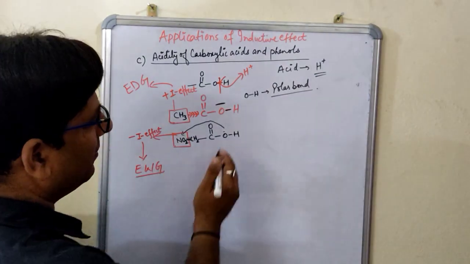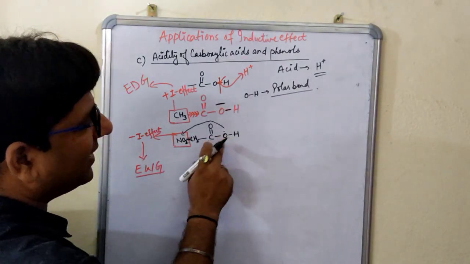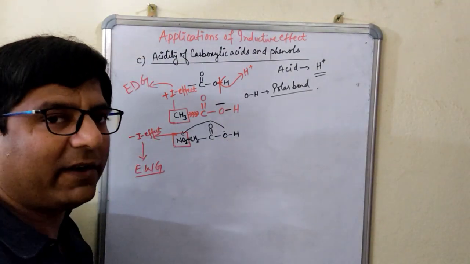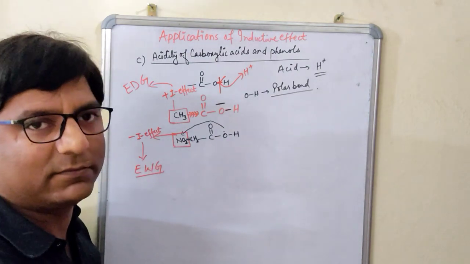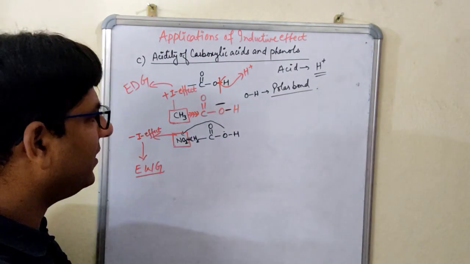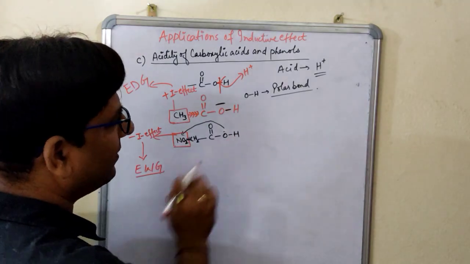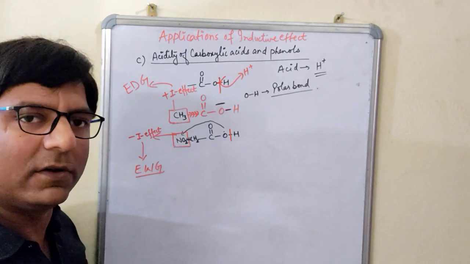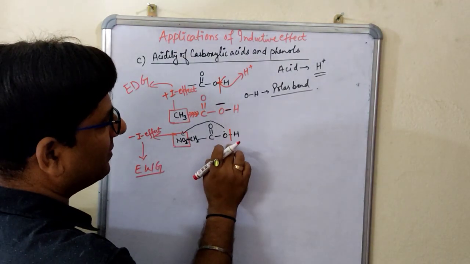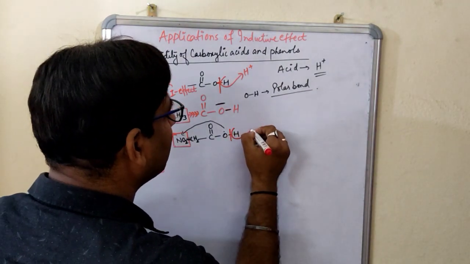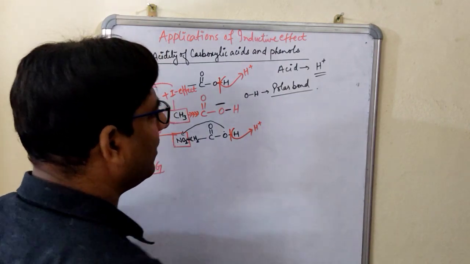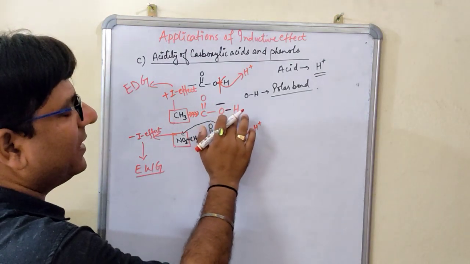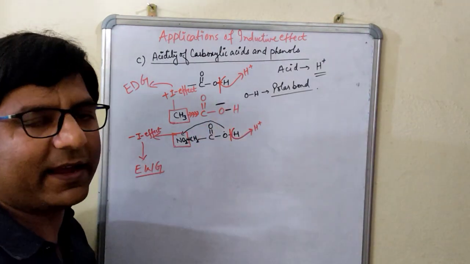In doing so, because we have managed to decrease the magnitude of the negative charge on this oxygen, the bond between these two, oxygen and hydrogen, will become what? It will become weak. Once the bond between this oxygen and hydrogen has become weak, it is very easy to break this bond. And if we manage to break this bond, this hydrogen will be easily moved out in the form of what? H plus. In this other case, we are not able to release this H as H plus.